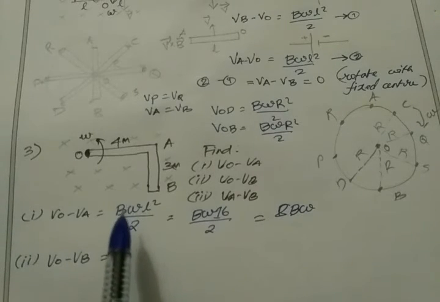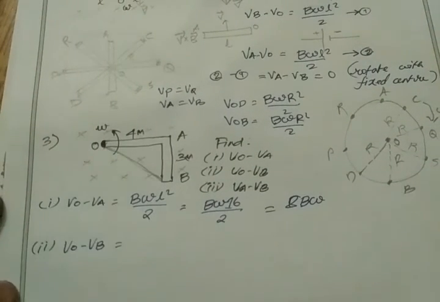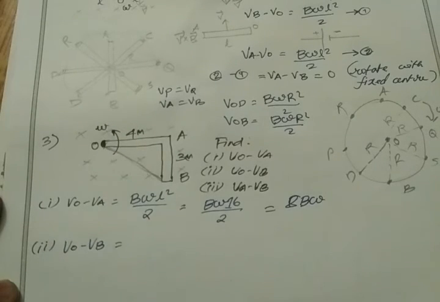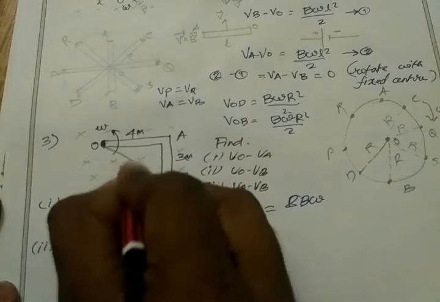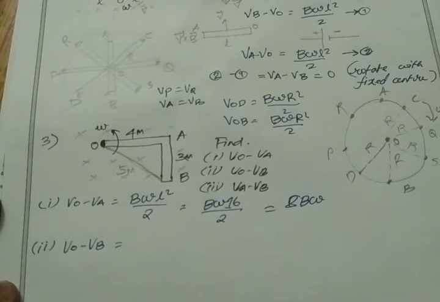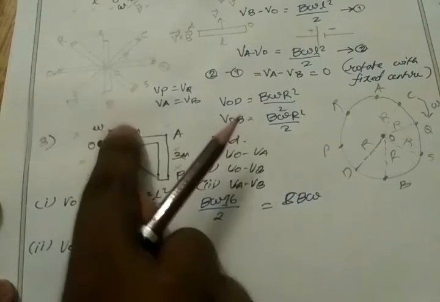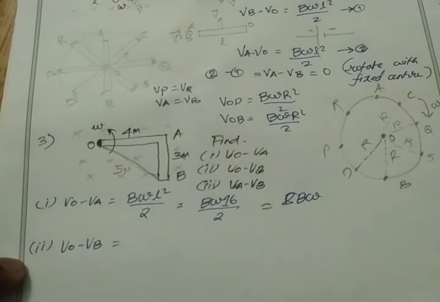So we have to find the distance between point O and B. That distance we got somewhat like this, right? So how to find this distance? In a right angle triangle, we use the Pythagoras theorem, so this distance will be 5 meter. Okay, you try to find yourself. You know about Pythagoras theorem, right? So a square plus b square equal to c square, and find the value of c by taking root of a square plus b square.